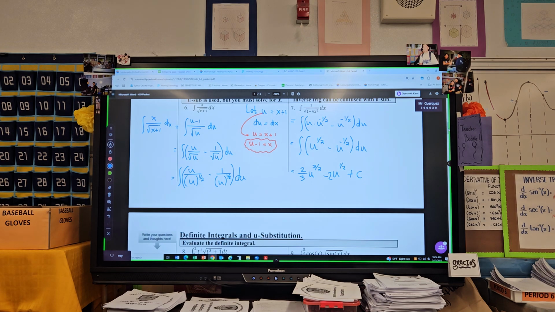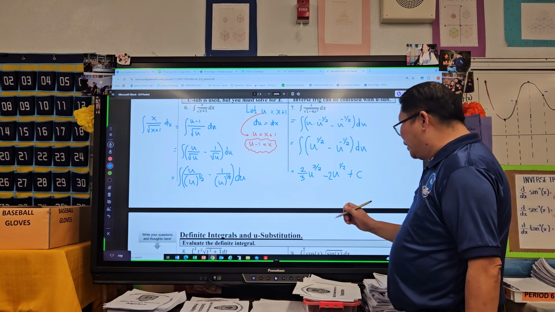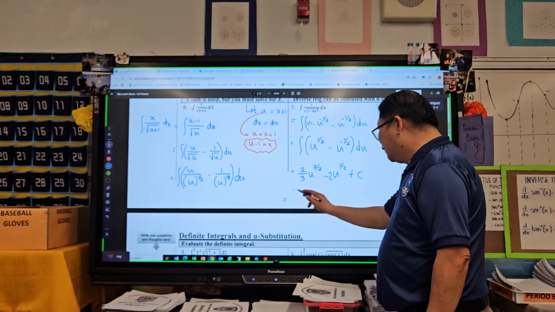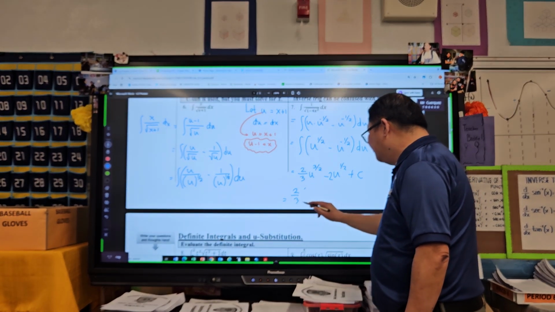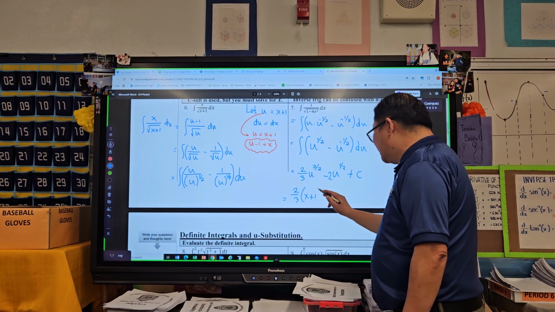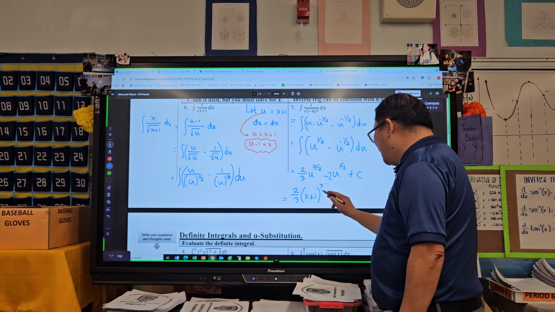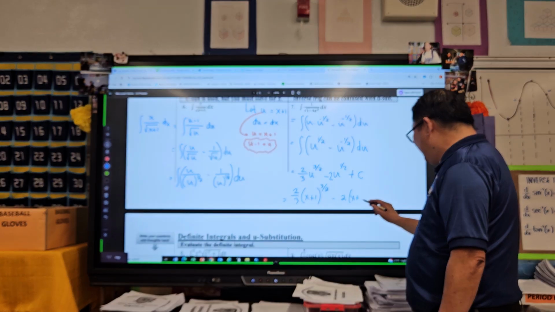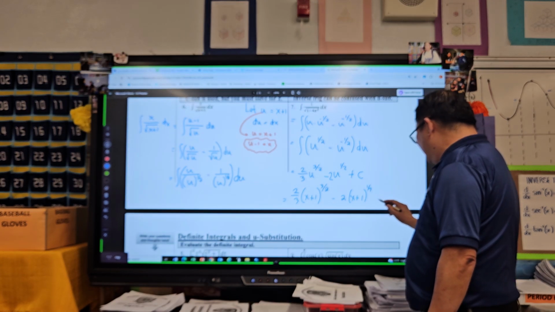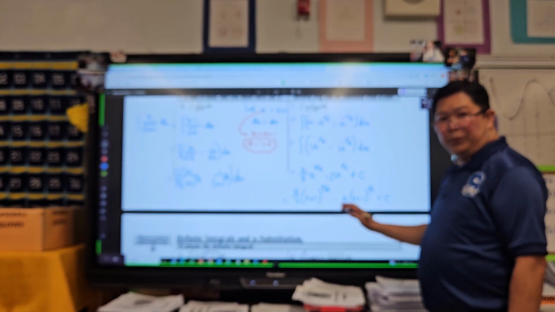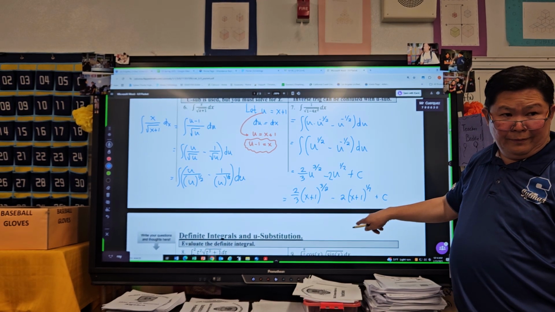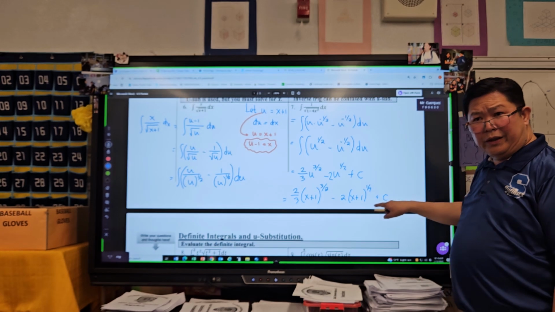Into where? Into what? x plus 1. So we now have our final answer as 2/3 of (x plus 1) to the power of 3 halves minus 2 times (x plus 1) to the power of 1/2 plus c. Now, suppose this is a multiple choice test and the answer is not written this way,